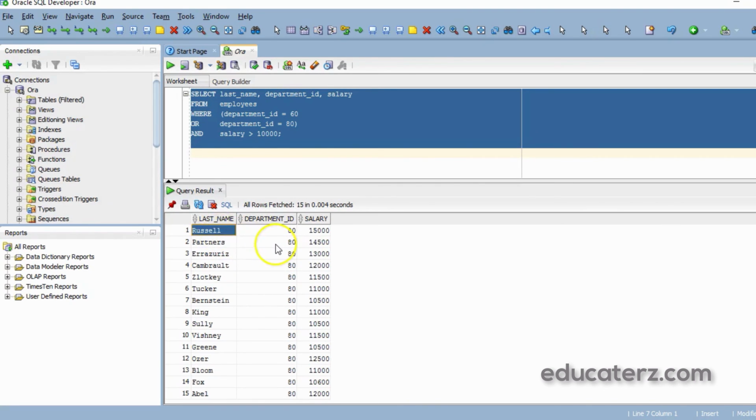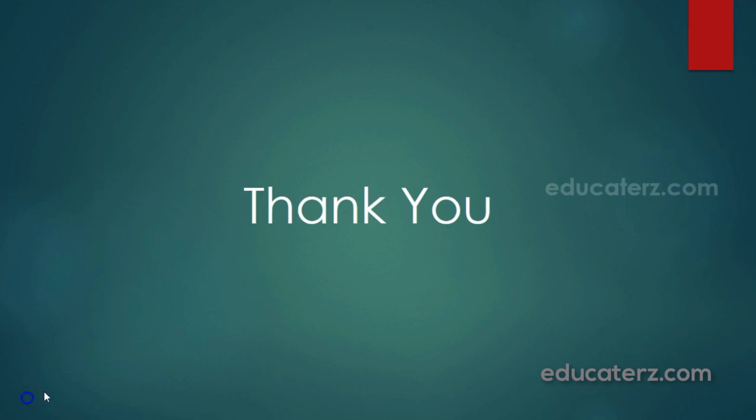If you look at all the records, you don't see any record whose department ID is 60 because there are no employees in department 60 with salaries greater than 10,000. That's why it didn't pick up. Okay. Thank you.